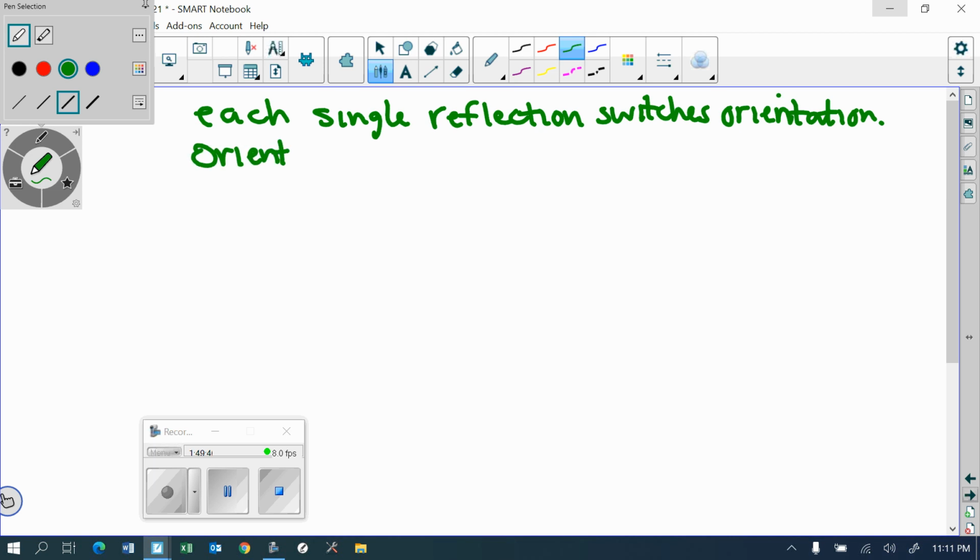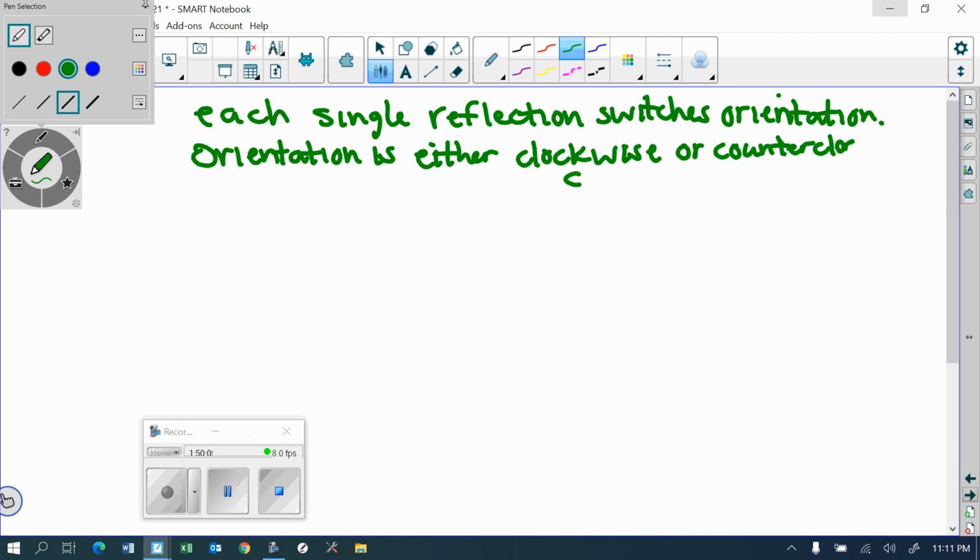Orientation is either clockwise or counterclockwise. So clockwise, sometimes let's just say C, or counterclockwise, I call that CC. So every time you do a reflection, when I say each single reflection, that